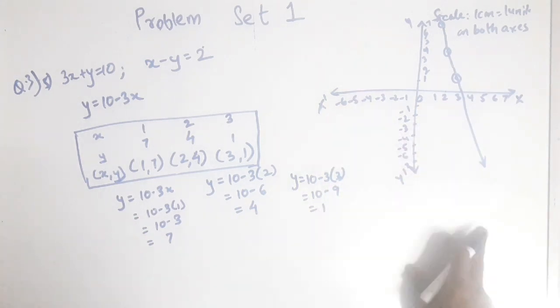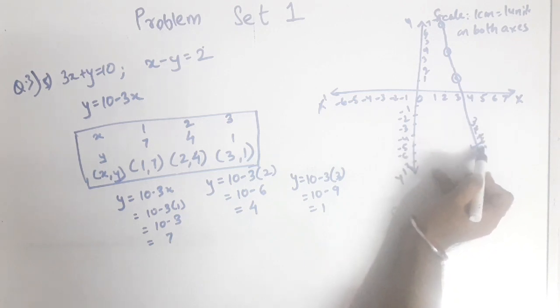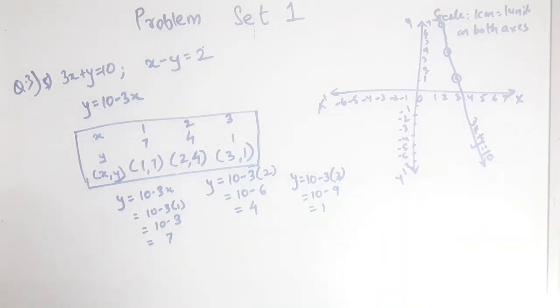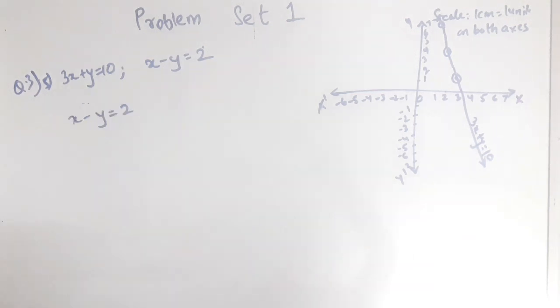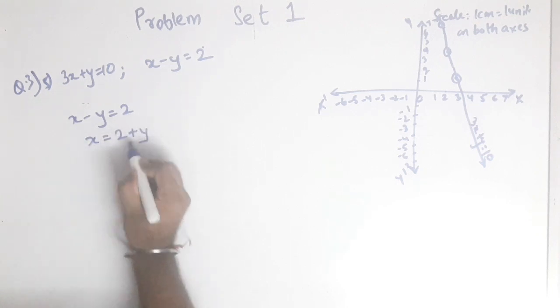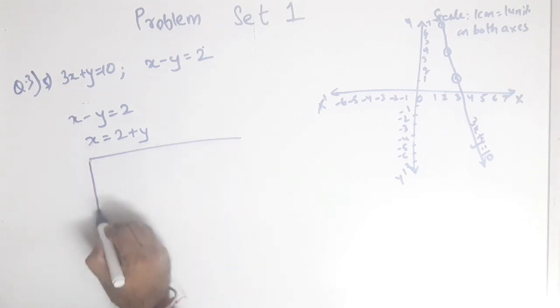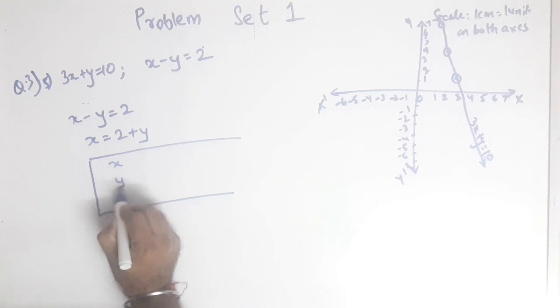Now as soon as you draw the graph, write its equation 3x plus y equals 10. Then x minus y equals 2. This is the second table that we have to draw, so I'll draw it here. Before I draw, let us solve this. x equals 2 plus y. I'll send y there, it will become x is equal to 2 plus y. That means we are going to solve x.